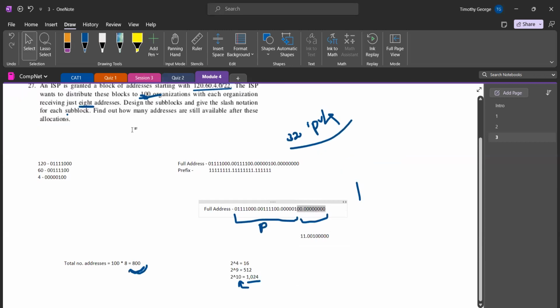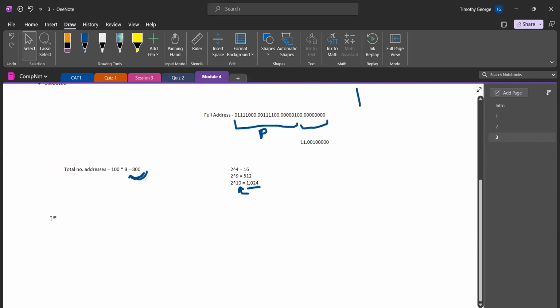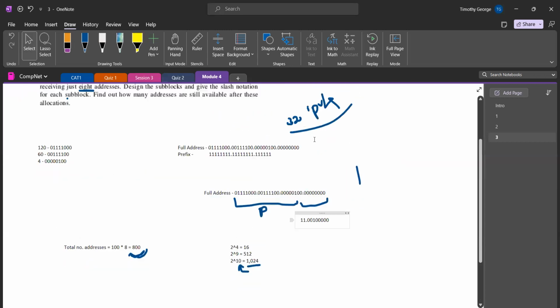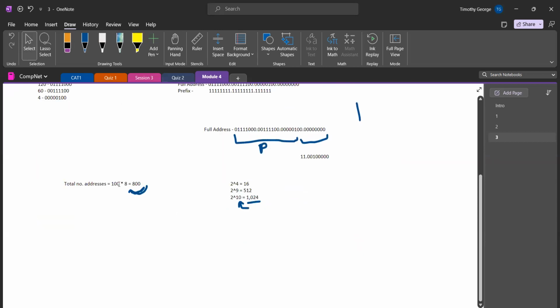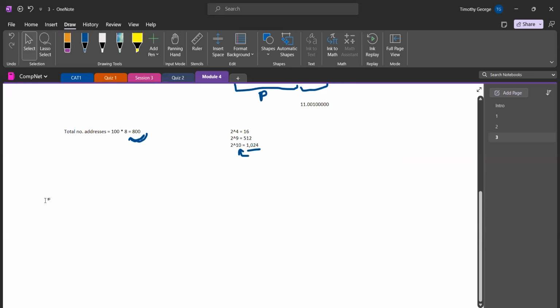So each one has to get 8 addresses. So the first address is going to be this. So the first person will get from this to this entire thing